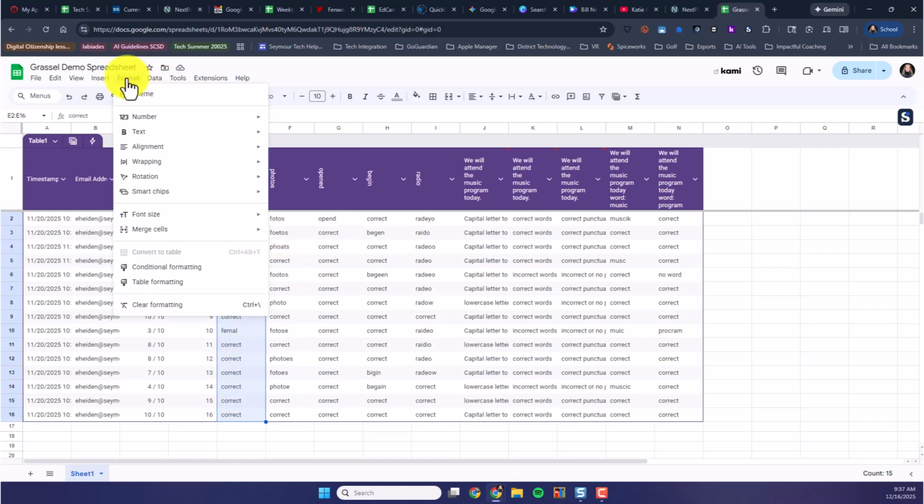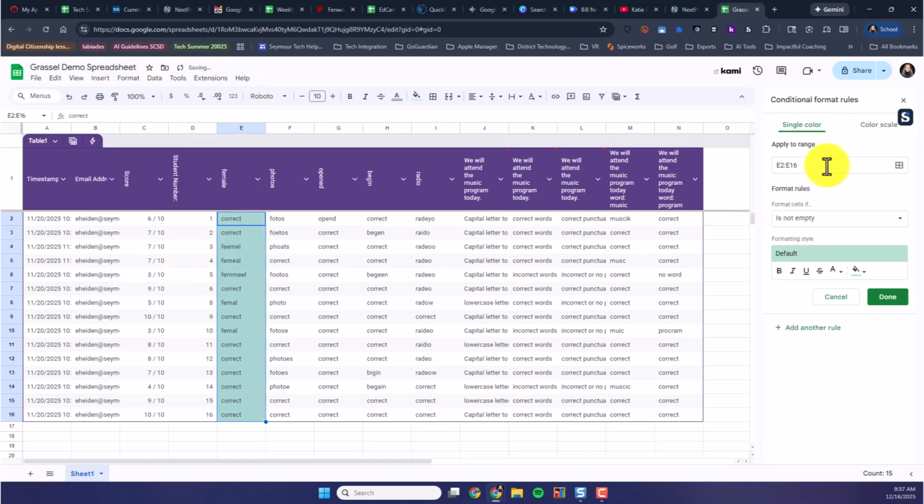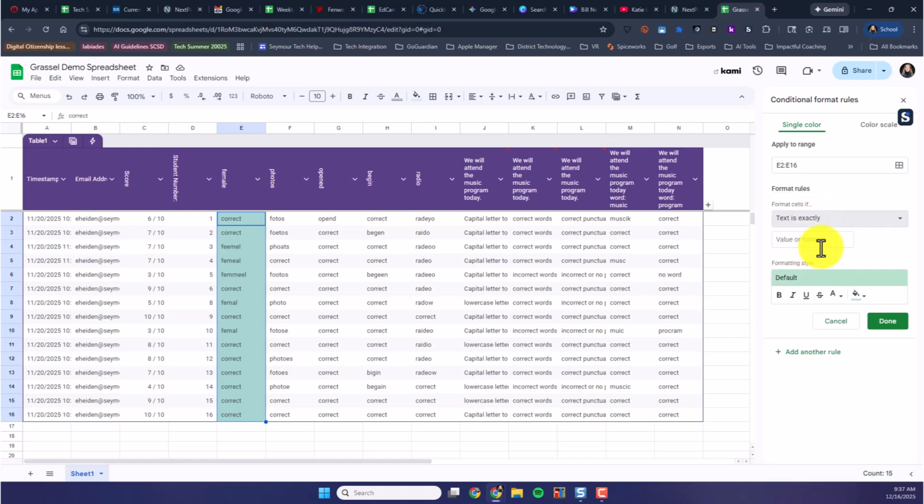I'm going to go to Format, and I'm going to go to Conditional Formatting. So I'm going to say Apply to the range, and I highlighted this one here because I'm going to compare it to there. So I'm going to say if the text is exactly, so I want the text in here